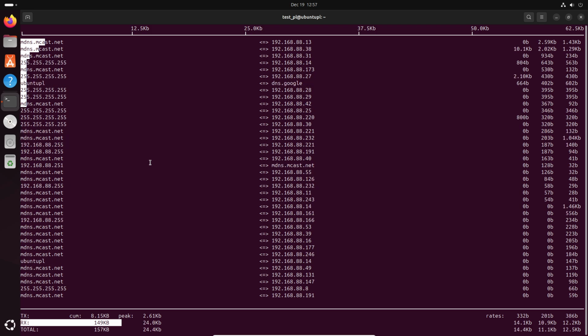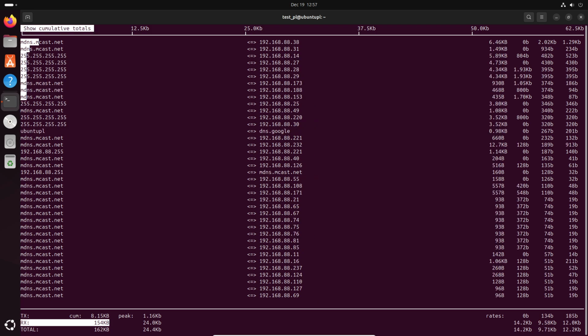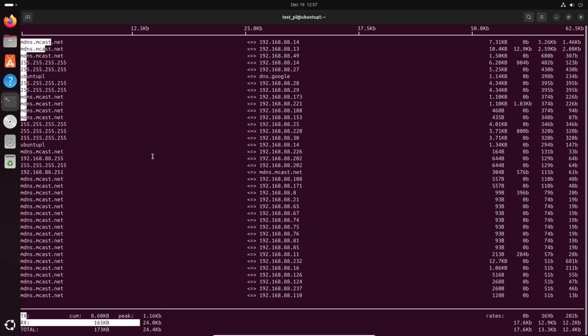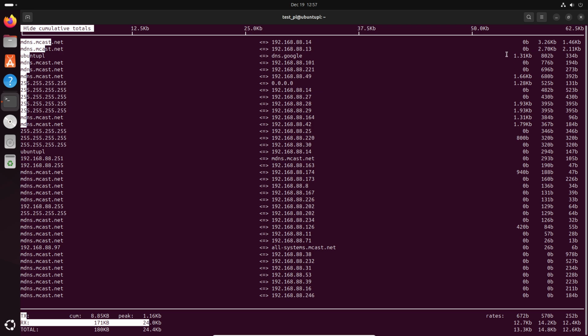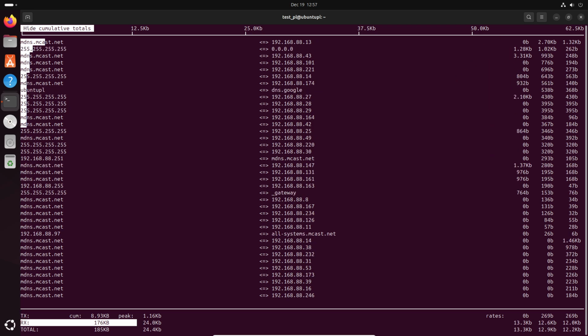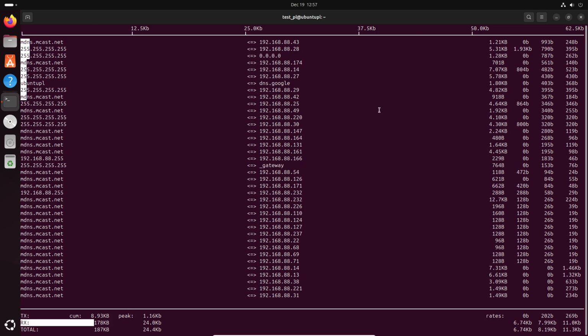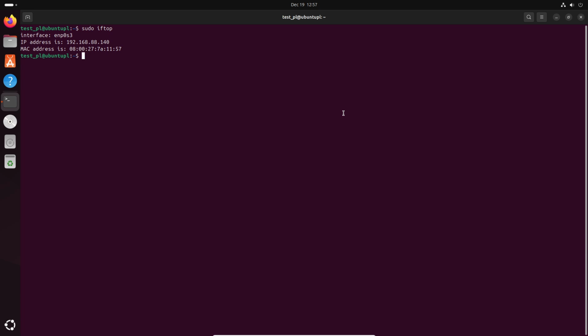And we can use the big T. What it basically does is toggle total traffic display. So for example, if I press big T, it disappears, and again it appears again. I think that might also be very useful. Now we can quit that by pressing Q on the keyboard. As you can see, we have our private IP address, interface, and our MAC address. And we can move on to the